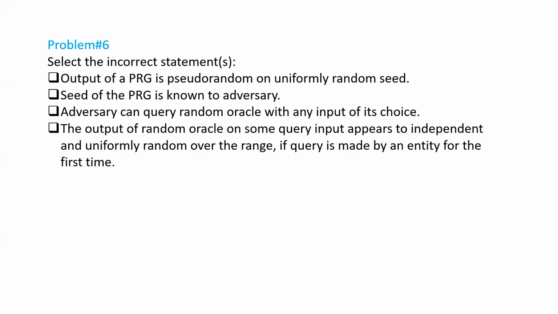Okay. So I will just maybe discuss the options. Output of a PRG is pseudo-random on uniformly random seed. This statement is true by property of pseudo-random generator. So basically the seed is not known publicly or not known to the adversary. Seed is chosen uniformly randomly, and